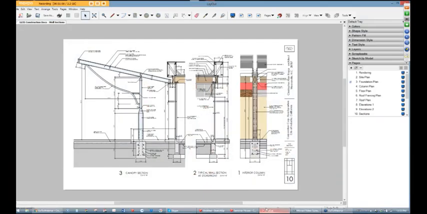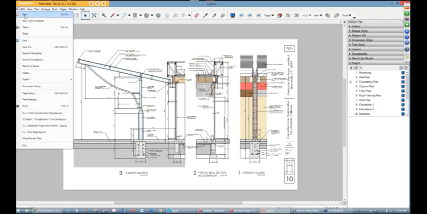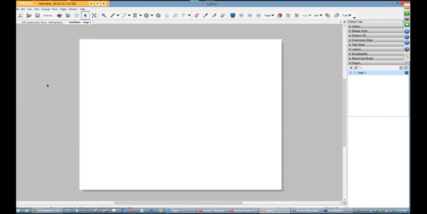Let's see if I can find my layout drawing. So we were looking at this layout drawing. We're going to go ahead and look at this a little closer, but not this particular drawing. We'll do a new one. So if you want a new drawing, go to File and New. And what you get is a blank piece of paper. When you open Layout for the first time, you're going to get something that looks like this, but it's going to ask you to